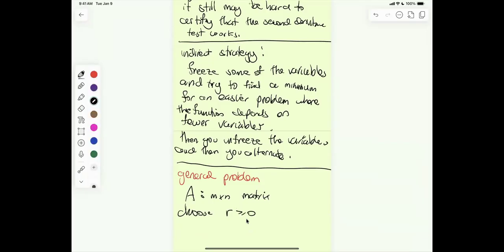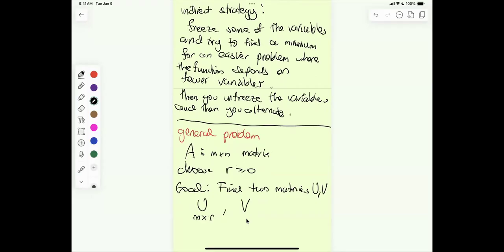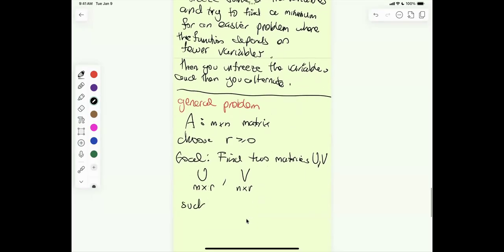And the goal is to find two matrices. U is going to be m by r, and V is going to be n by r, such that